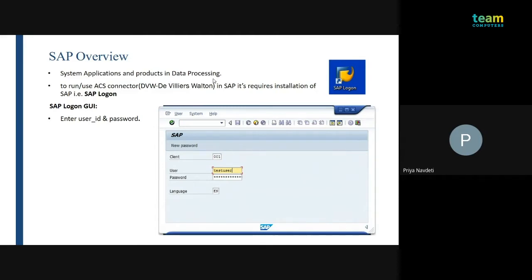The first and primary installation is SAP Logon, and the SAP login will look like this, and we need to create our user ID as well as a password. So its GUI will look like this. This is the GUI of SAP ECC.